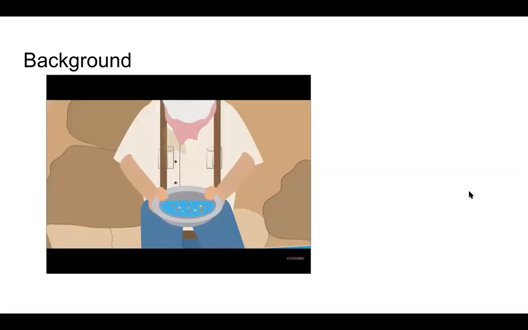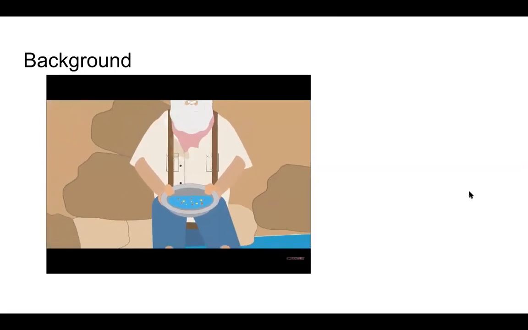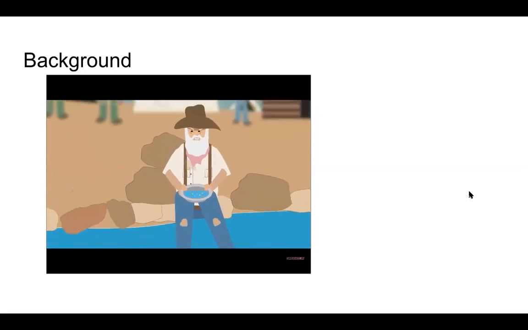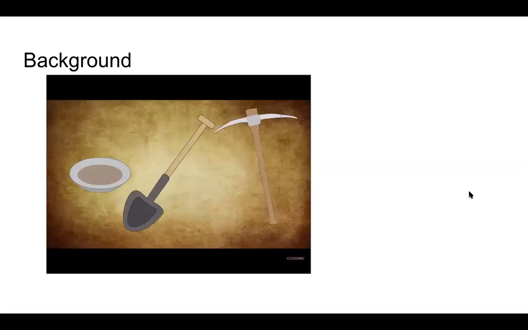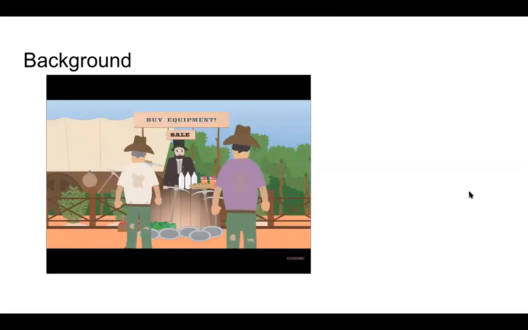One way to find gold was to pan for it. Miners would sink the pan into the water and shake the dirt away to reveal any gold. Miners needed a lot of equipment, including a mining pan, a shovel, a pick, and food supplies. Businesses who sold this equipment to the miners often became richer than the miners could ever be themselves.